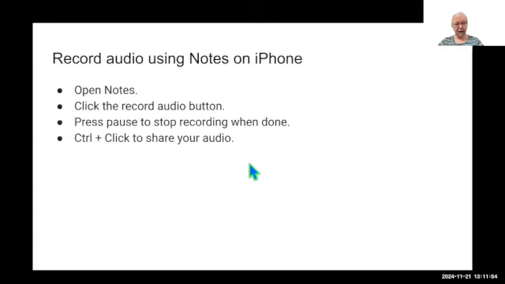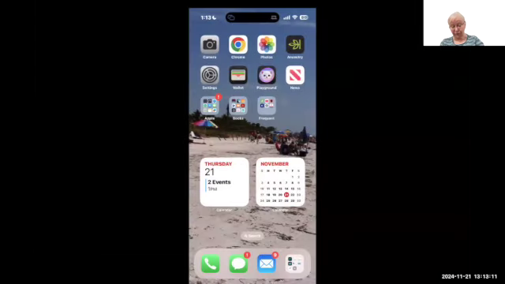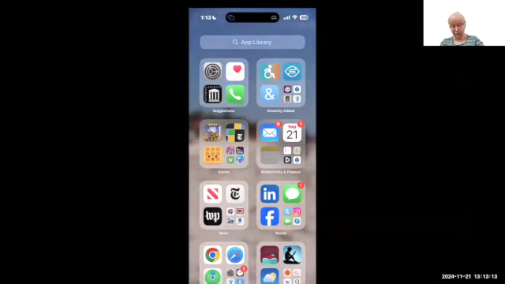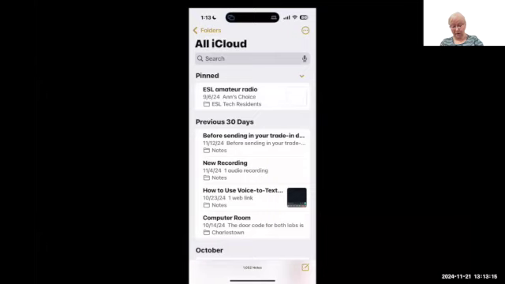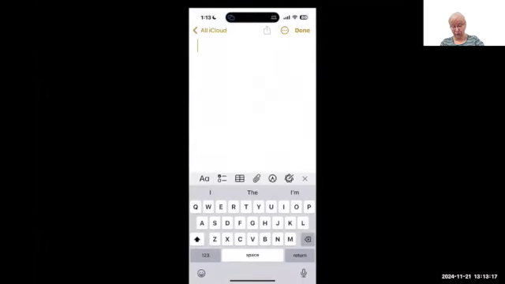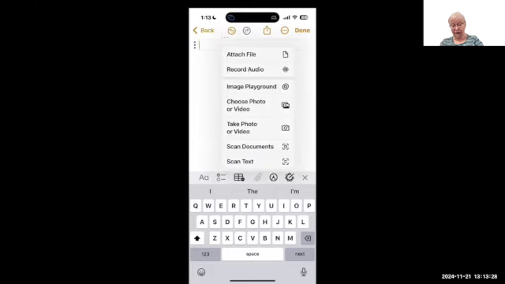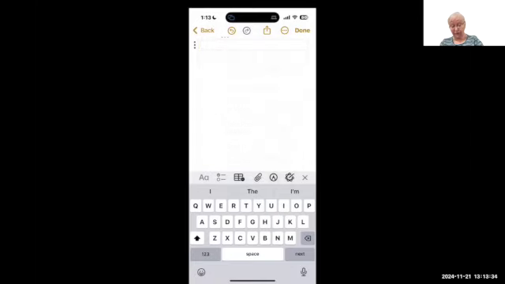And one of the apps that I found was really good was Notes. Now here, if I go into Notes and open up a new note, there are some really neat features that you can do. I can record an audio here. I can take a picture,